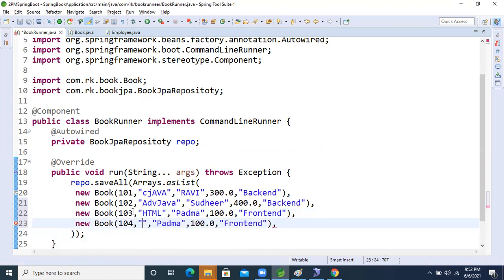What is that? JavaScript. JavaScript, right?